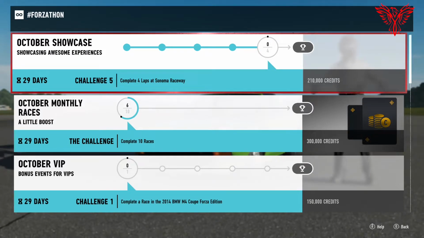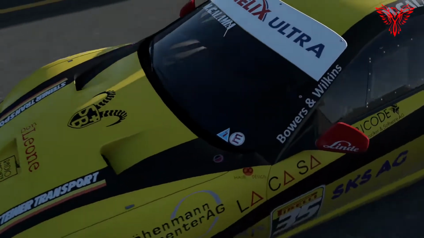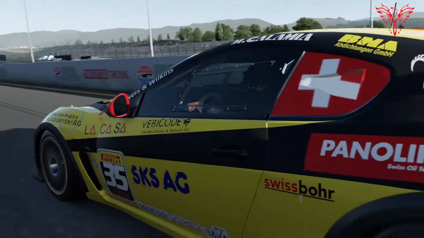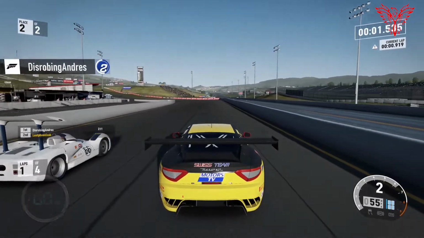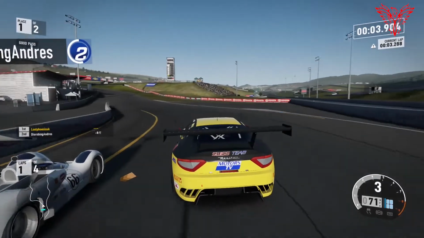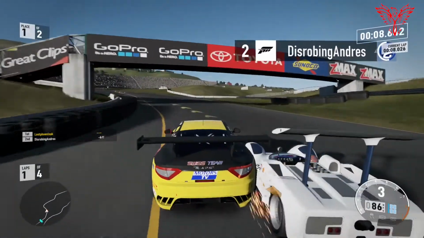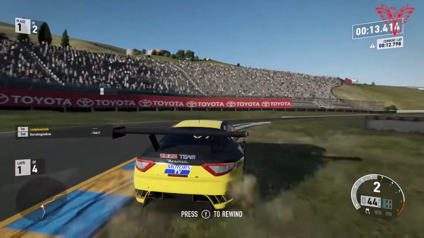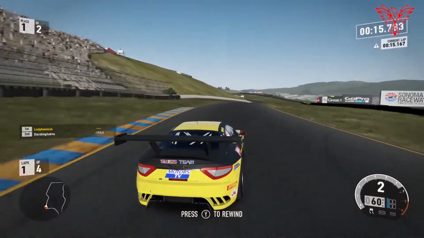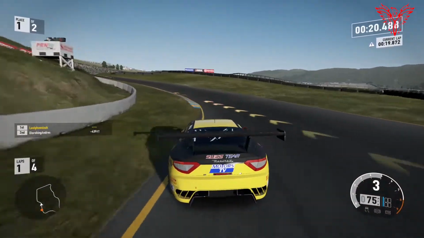Next race, complete 4 laps at Sonoma. Okay, for this, I think I'll go with a Maserati. The thing about Maseratis is they are actually good cars, nice, quick Italian cars, but I never drive them. I don't know why, I tend to stick to the same few manufacturers. I like to mix it up a bit for Forzathon challenges, do some stuff I haven't done before, pick a few cars, but I do tend to go back to the same few